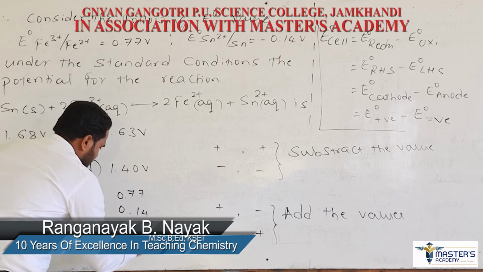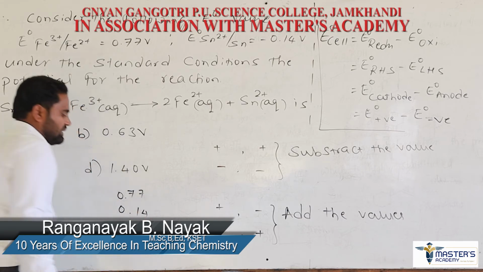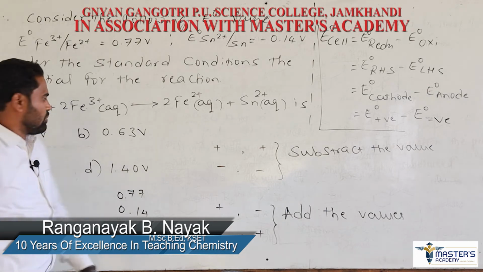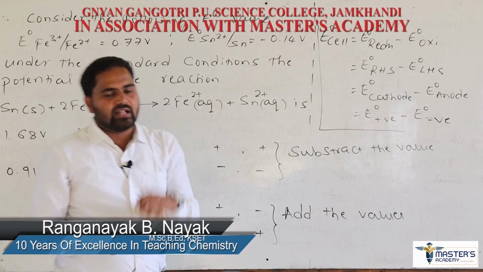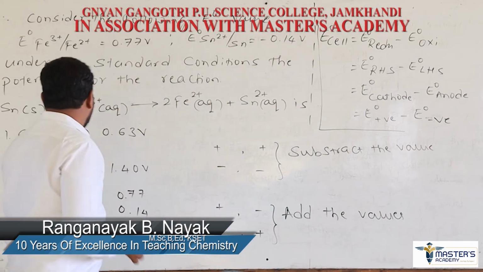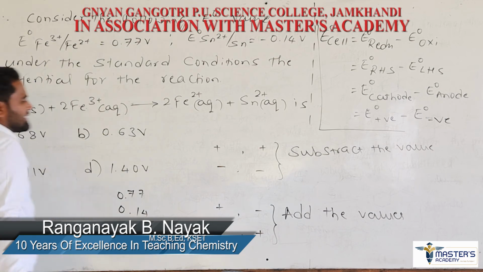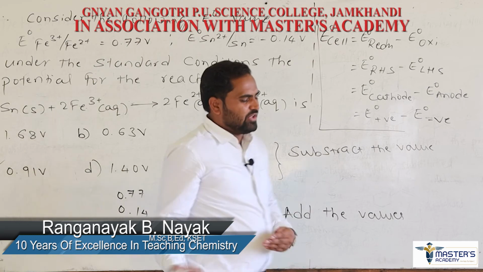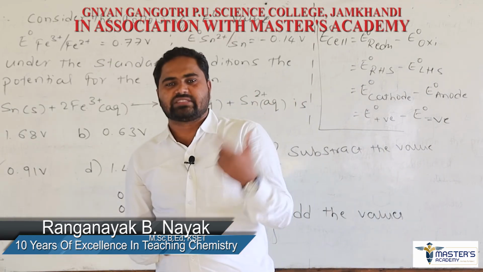7 plus 4 is 11; 7 plus 2, 9. 0.91. What is 0.91? The exact value for this question, and the answer is always positive only. Where is the 0.91? C is the correct option. Okay. By using this trick, we can solve any type of question within a fraction of a second.